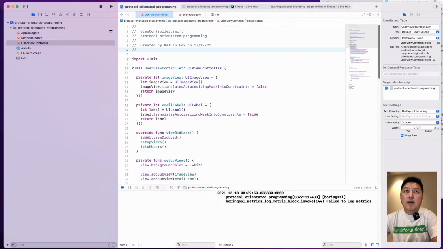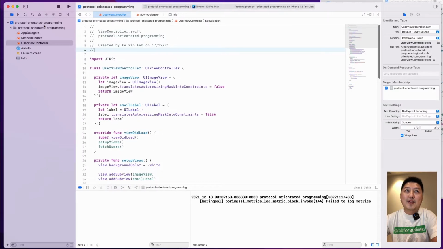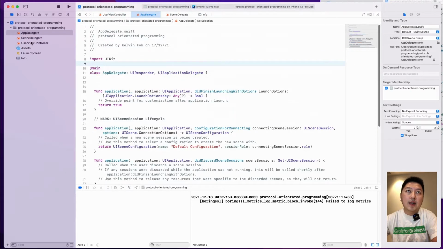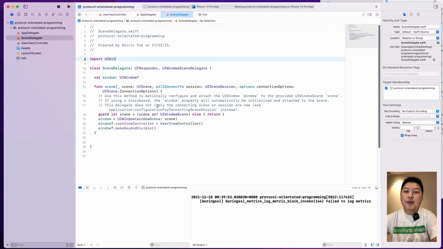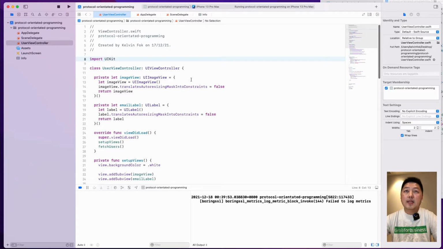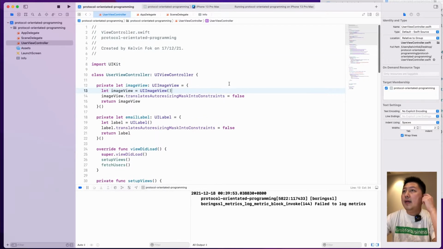The project name is called protocol-oriented programming. If you see over here, I have 3 files. The app delegate is not relevant over here. I have the scene delegate, and what I've done over here is that I programmatically create the view controller, so I don't use any storyboard. My root view controller is the user view controller, which is this guy over here. Let me make this a little bit bigger, and I have added the service classes at